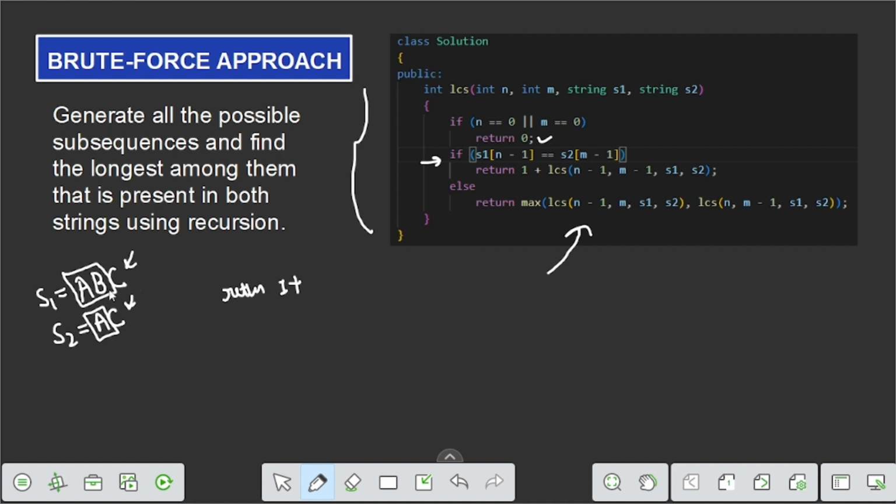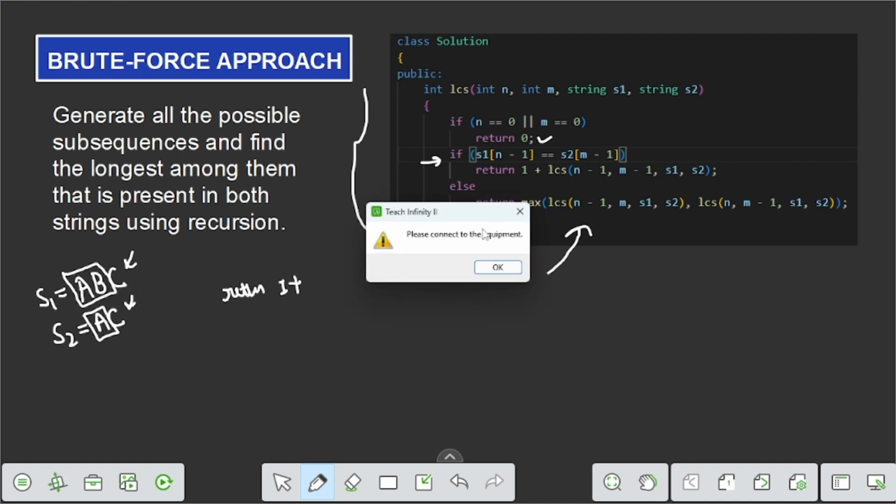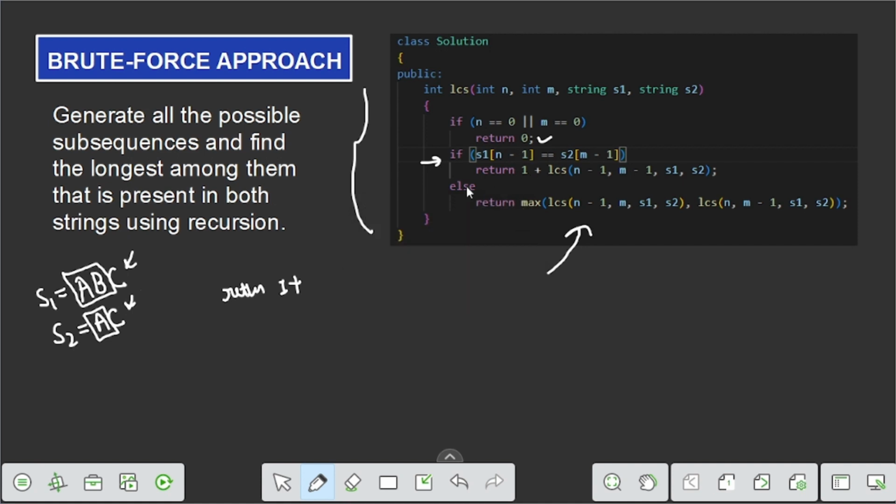And if the last indices are not equal, then we return the maximum of these.